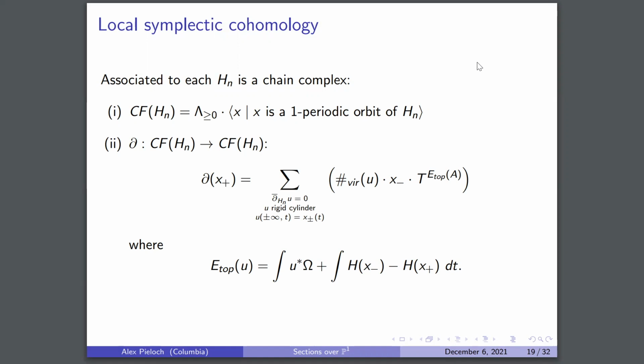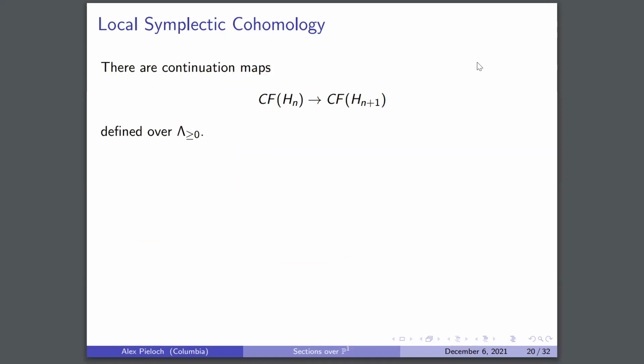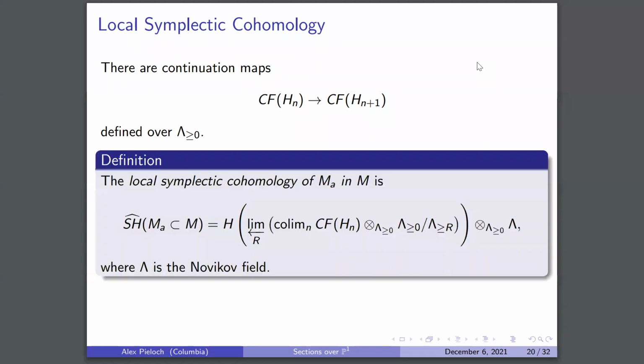We get an analogous formula when we define continuation maps among our Hamiltonian Floer chain complexes as well. In particular, since we required that H_{n+1} was strictly larger than H_n, you can check that this continuation map is defined over the Novikov ring, as opposed to just the Novikov field. And so we can write down the following slightly cumbersome definition of local symplectic homology